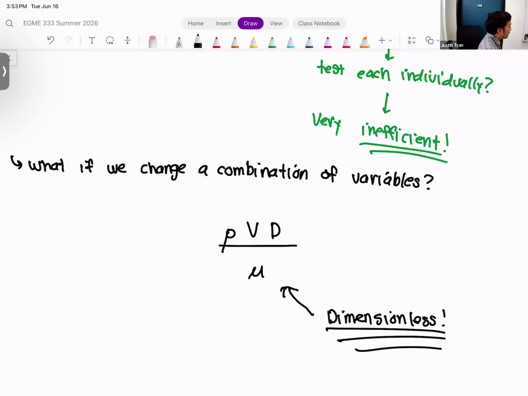Right, so density is mass divided by length cubed. Velocity is length over time. Diameter is length. Viscosity is, I always forget viscosity, but it's the combination of those, right? And so if you do this whole thing, you get something that's dimensionless. In fact, this combination is a very famous dimensionless variable in fluid mechanics called the Reynolds number, which we'll talk about later. Okay. Now, if you test this dimensionless variable,